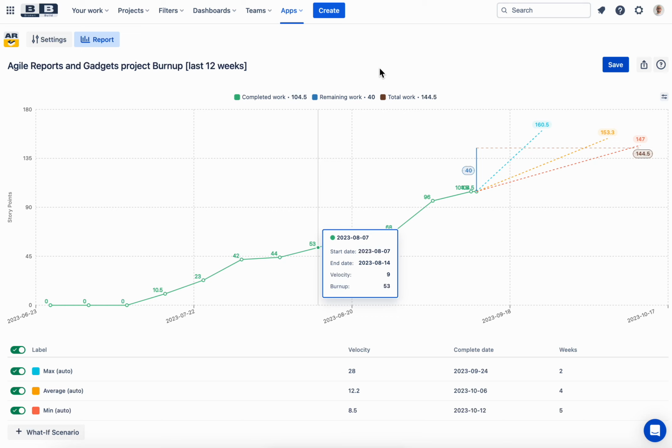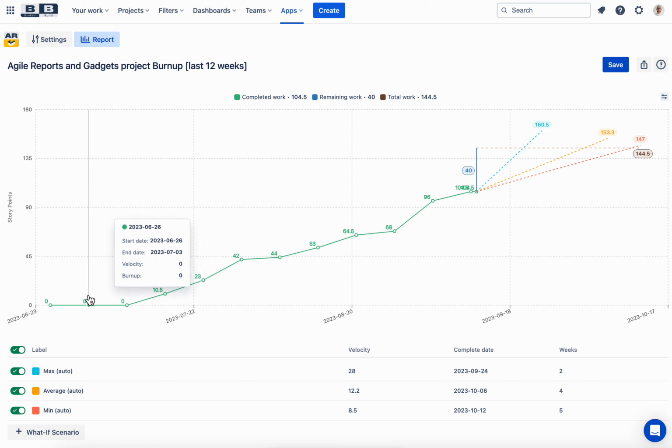Alexei, product manager at Broken Build, and today I'm going to show you how to read Burnup Chart for Kanban boards and for JQL filters. They are working in the same way. They are dealing with intervals, and in both cases, if you're using Kanban boards or JQL filters as a data source, you will see this green